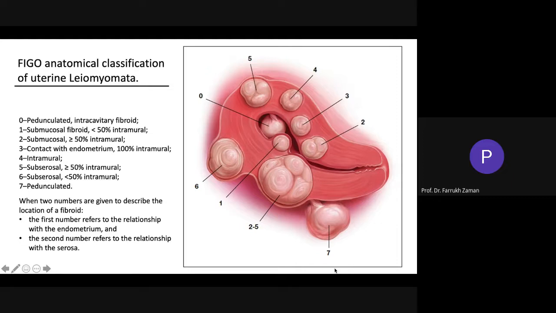4 is completely intramural. It is neither closer to the serosal surface nor to the endometrial surface. Number 5 is which is more than 50% within the wall and towards the surface. And number 6 is which is less than 50% in the uterine wall and more towards the surface. And number 7 is pedunculated subserous fibroid, which is outside the uterus. And when there is this large fibroid, it is